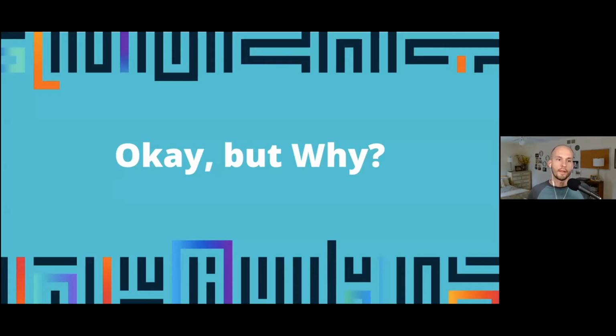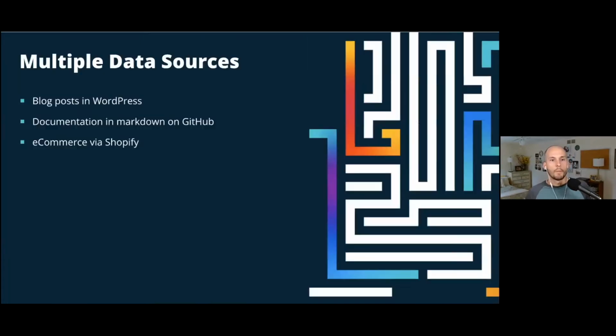What does it bring to the table? The first big reason I have for you is working with multiple data sources. And you'll see this cited as a common example for why a Jamstack approach is really rising in popularity on the web. Is this reason no longer